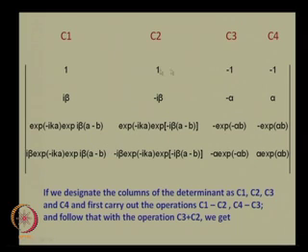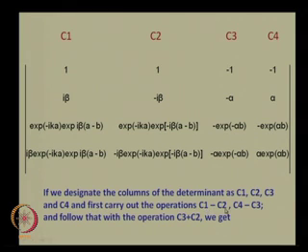if you look at our determinant again, I have just rewritten our determinant here, I have not made any changes to this determinant, and we will simply designate these as column 1, column 2, column 3 and column 4. Okay, so I am just walking you through the steps so that you know exactly how we are arriving at our solution. So if we designate the columns of the determinant as C1, C2, C3 and C4, and then let us carry out, see our purpose is to solve this determinant, so we will simply carry out operations and